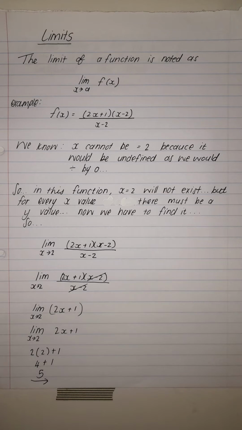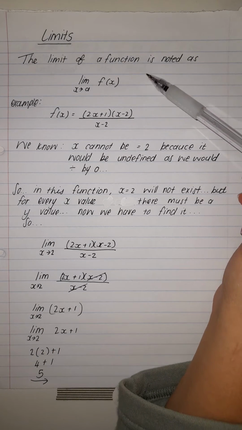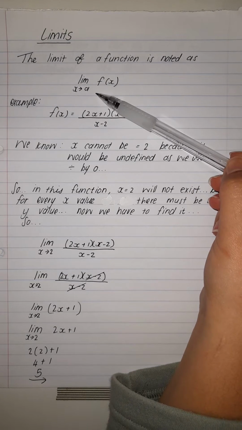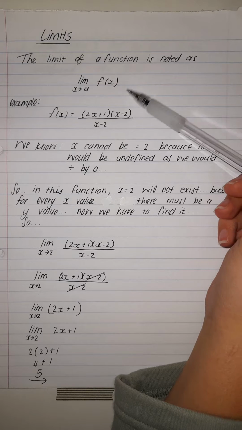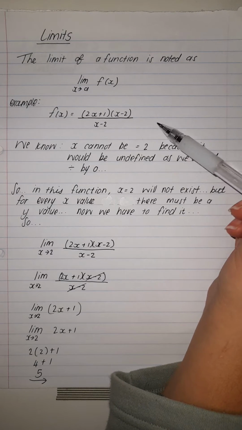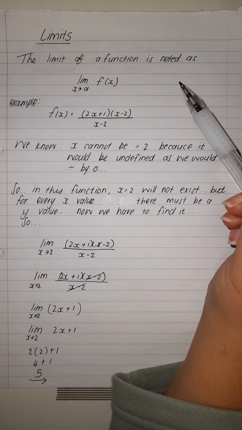Okay, now to do our limits. As we discussed previously, but now let's focus a bit more on it. The limit of a function is noted as the limit where x tends to a for f(x). That means when we have a function, sometimes somewhere on that line, there's a little point where